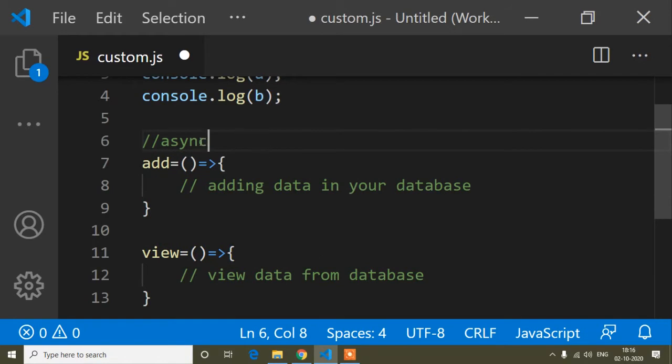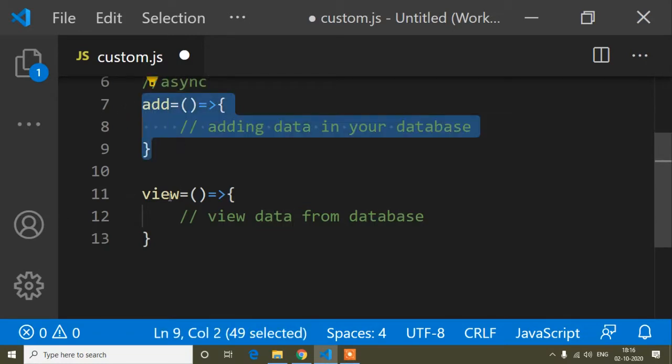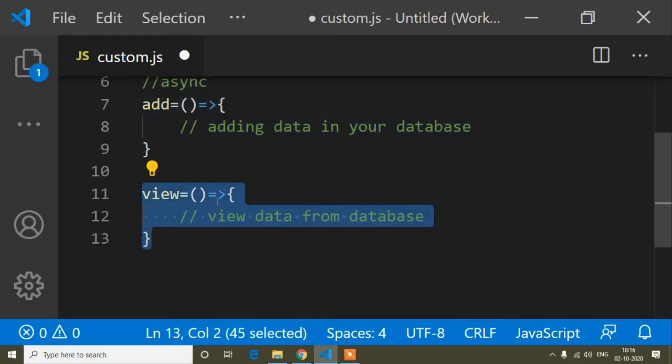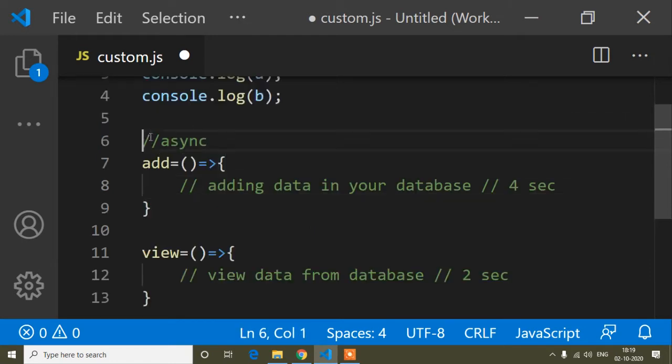So you are writing in an asynchronous program, and there are two functions. First of all you will add data to your database, and after that you will get the data from the database. So these are the two functions. Suppose this function is taking 4 seconds and this function is taking, suppose, 2 seconds. Okay, we are assuming this is asynchronous.